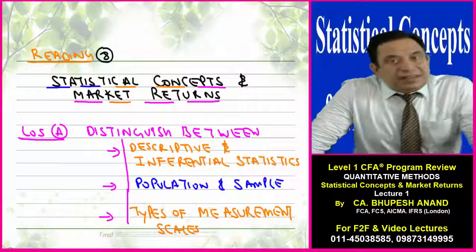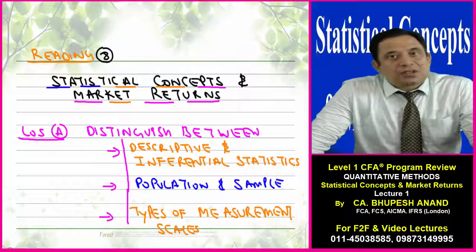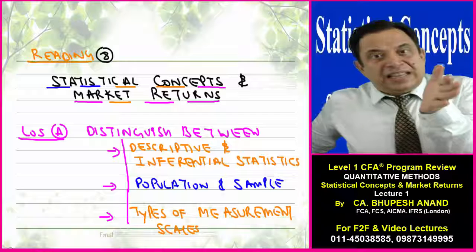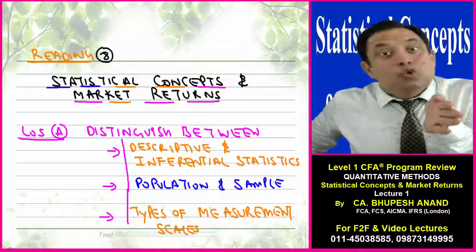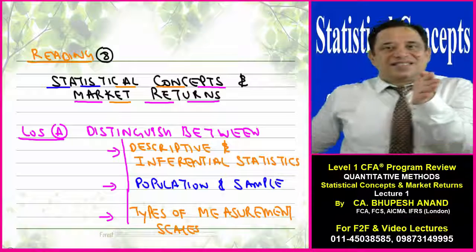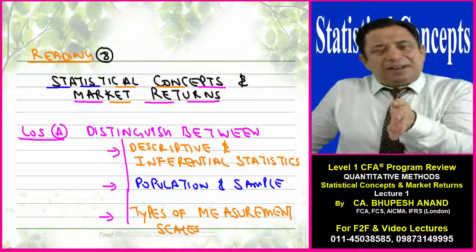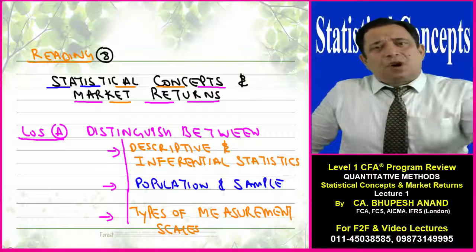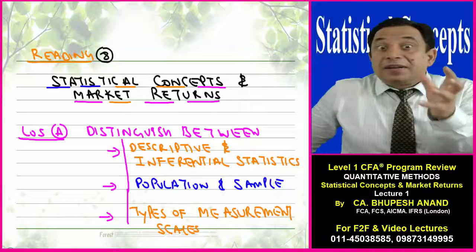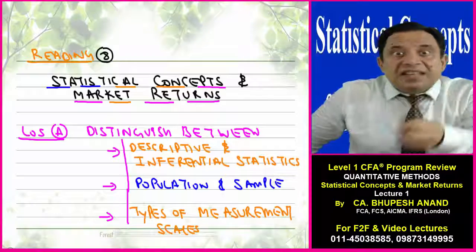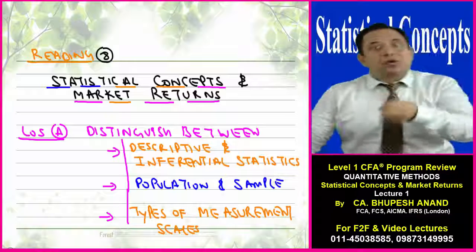So I am going to start with reading number 8. Please take out your registers, take out your calculators. Statistical concepts. So I will be dealing in this with statistical concepts and how to calculate market returns. So please write down these learning outcomes I have written for you, just copied from CFA level 1. But I may tell you that if you write down these learning outcomes, it will give you a great insight about the subject, about the reading which we are going to start with.